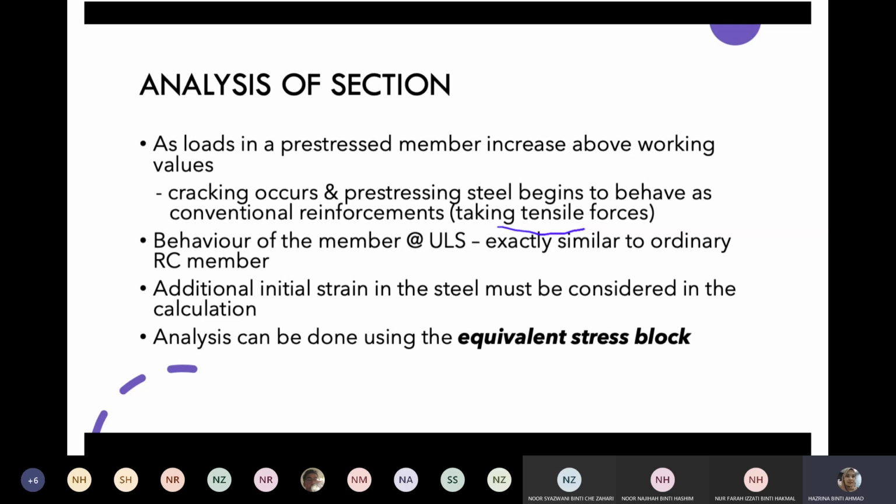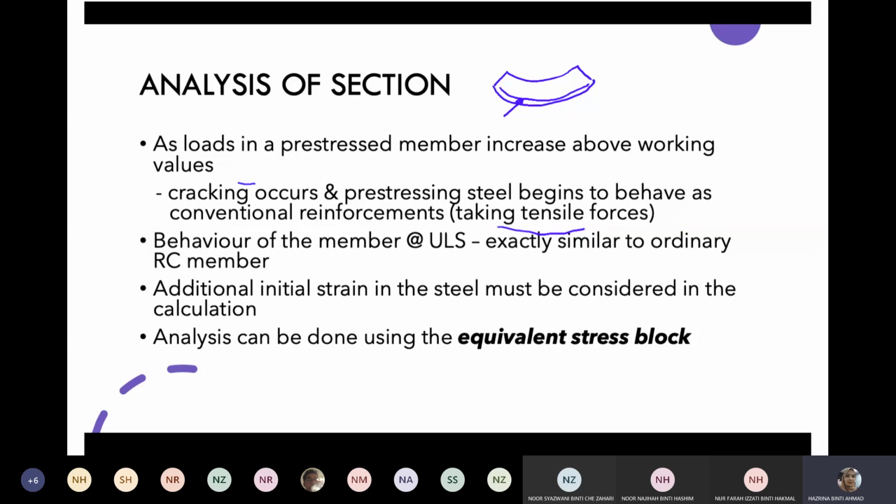So therefore, it is prone to cracking, right? When it is prone to cracking, it means that our beam bends in a similar way to a reinforced concrete structure, with this pre-stressing tendon acting almost like the conventional reinforcement. We know that the function of conventional reinforcement is to cater for the tensile forces. Similarly here, we are considering that our pre-stressing steel is taking the tensile forces. So the behavior of the member at ULS is exactly similar to the ordinary RC member,